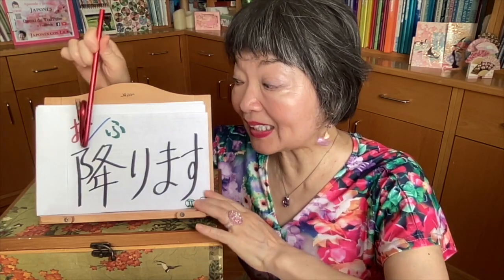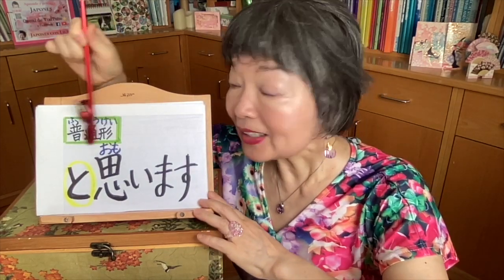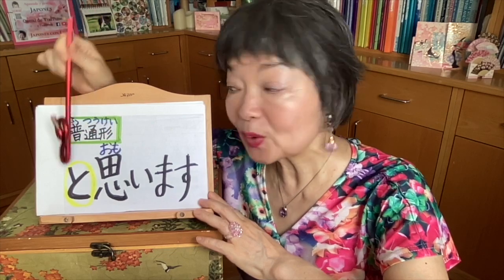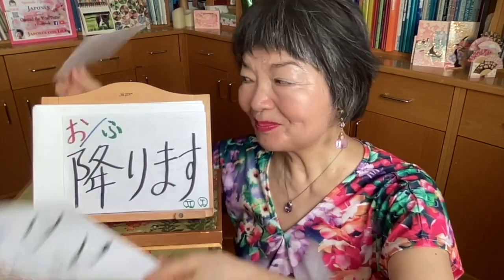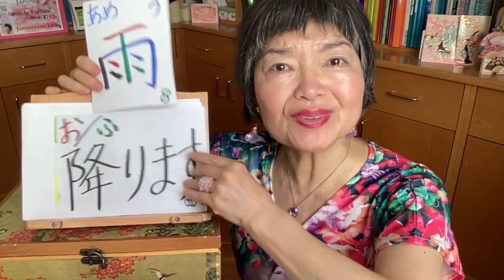So this is gonna be 降る instead of 降ります, and not 降らない or 降った. So the structure of this sentence is 普通形, it means 降ると, because just before と always 普通形: 降ると思います. I think it's gonna rain. 夕方雨が降ると思います。